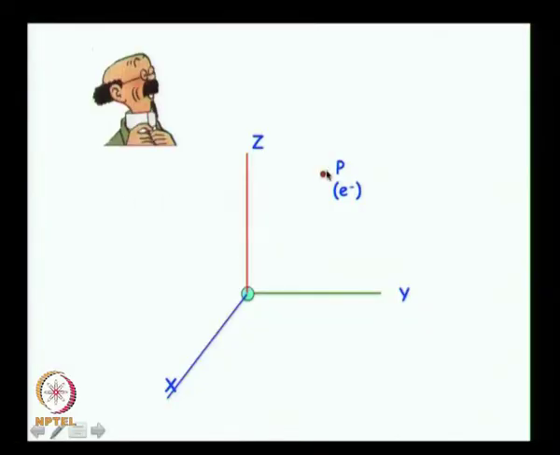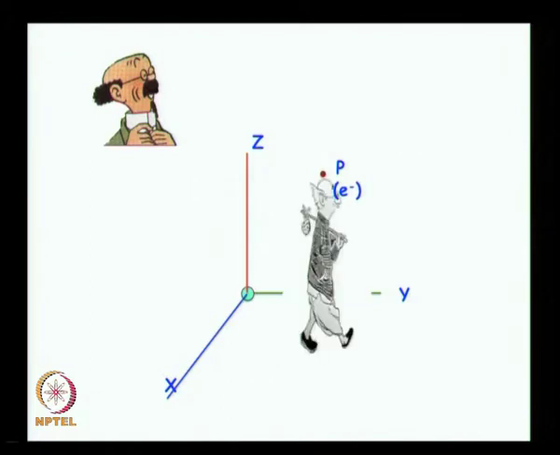And this is my electron. In order to specify the position of the electron, what do I do? If you like, instead of the electron, you can imagine you are thinking of the head of a person, that is the point that you want to specify in space. How will you do that? The answer is this. Instead of having that picture of the person, I am going to replace it with a line. The height of the person, I will say, is my z coordinate. Actually, if you look at it, you will see that z is written there.